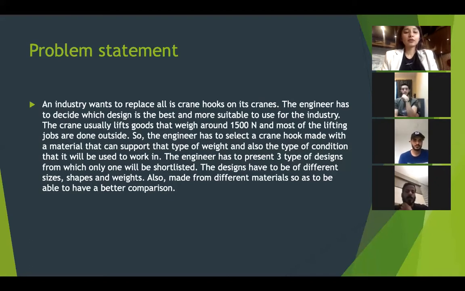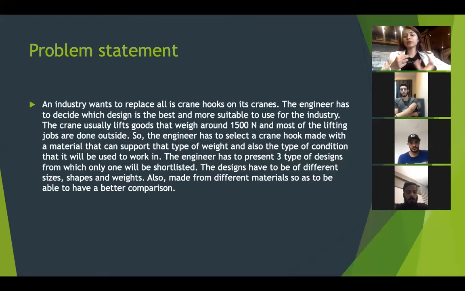So for this project, we have created a problem. So the problem is that an industry wants to replace all its crane hooks in its cranes. So the engineer has to decide which design is the best and which is most suitable to use for the industry. So the crane usually lifts goods that weigh around 1,500 Newton, and most of the lifting jobs are done